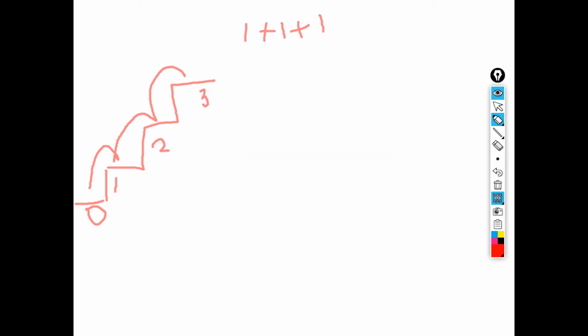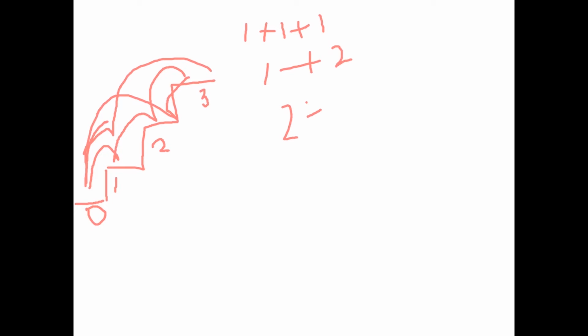Now we will try another thing. We'll take one step to here, and then we can take two steps from here directly, because we are allowed to take either one or two steps at a time. That will also count, so 1 plus 2 is one more option. Or I can directly go two steps to here and then one step to the last one, so that would be 2 plus 1. We cannot take two steps from here because that would exceed 3.